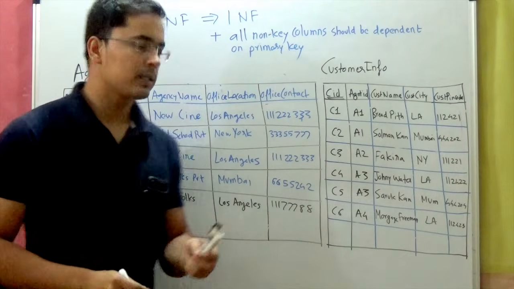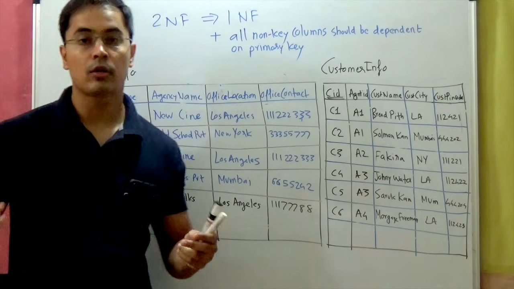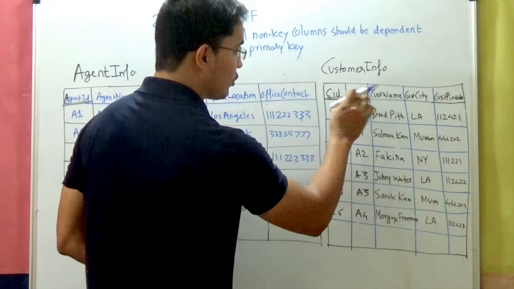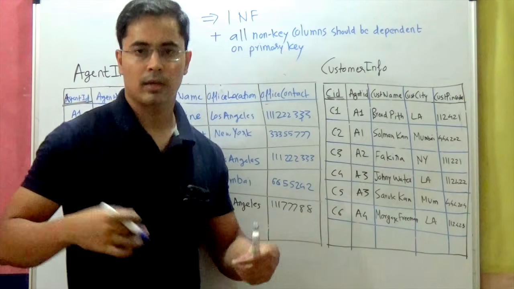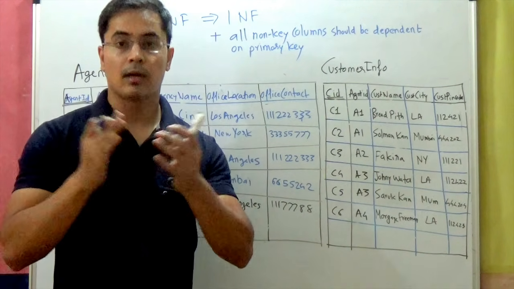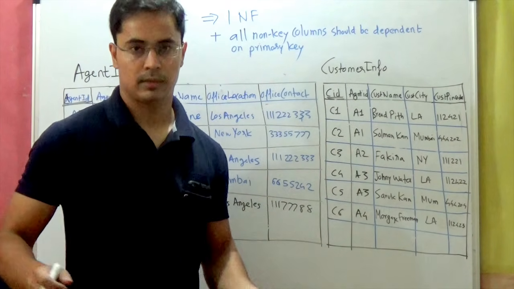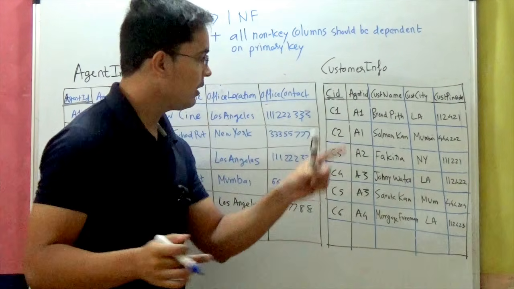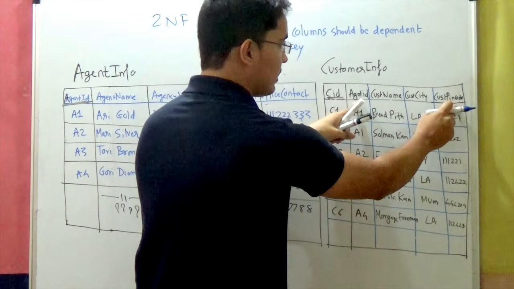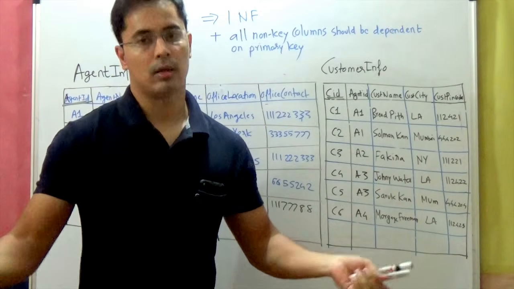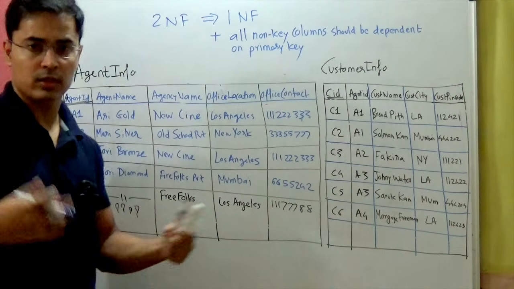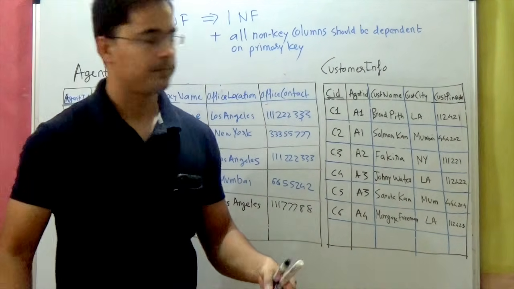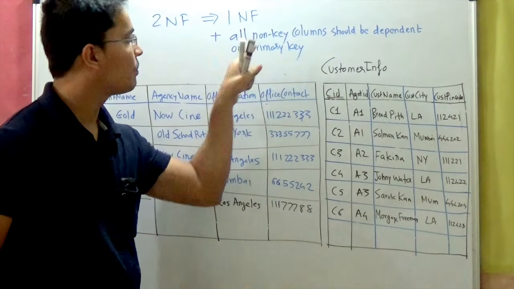Now, a primary key could be a single column, as it is in our case, or it could be a combination of multiple columns. For example, here it could be customer ID and customer name. So at times, the primary key is a composite key. It's a combination of 2 columns, right? So let's say here if CID and customer name form your composite key, then agent ID, customer city and customer pin code will be your non-key columns. Here, in our case, it's simpler. Agent ID is the primary key, so all these are non-key columns. They should be dependent on the primary key.